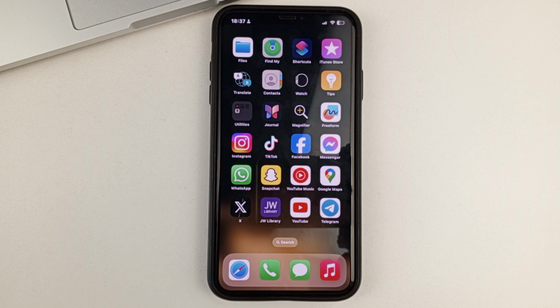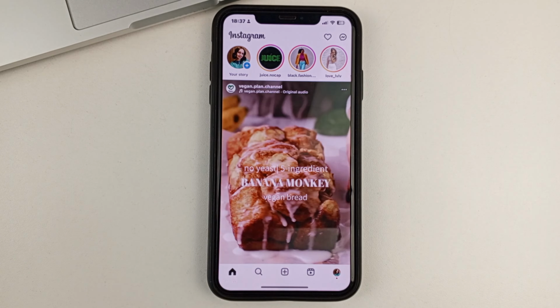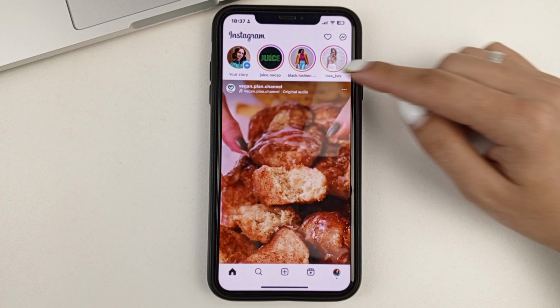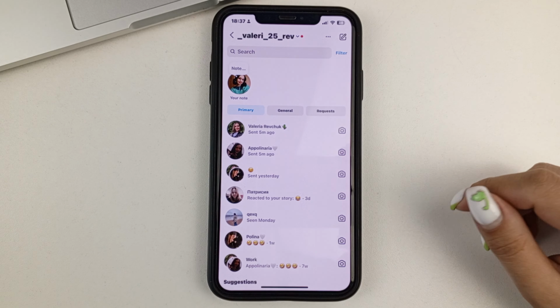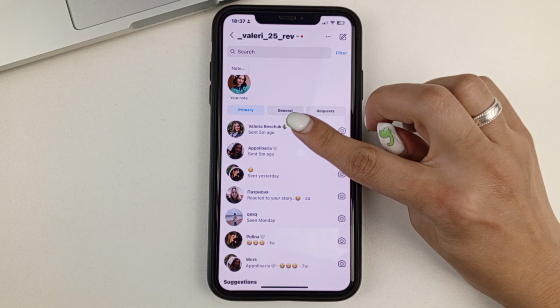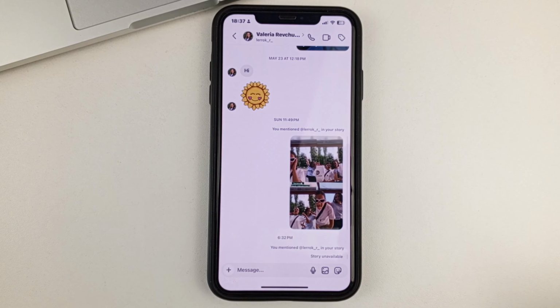So let's get down to our topic. For this, open the Instagram app. Next, go to Conversations. After that, go to the conversation with the person you want to silently correspond with. This is a very cool method, by the way, if you don't want there to be any notification sound, or to not disturb the person.